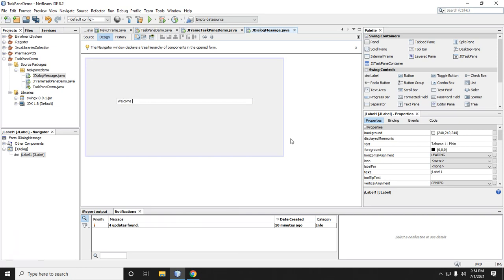Welcome to Java swing TaskPane or JXTaskPane. Okay,